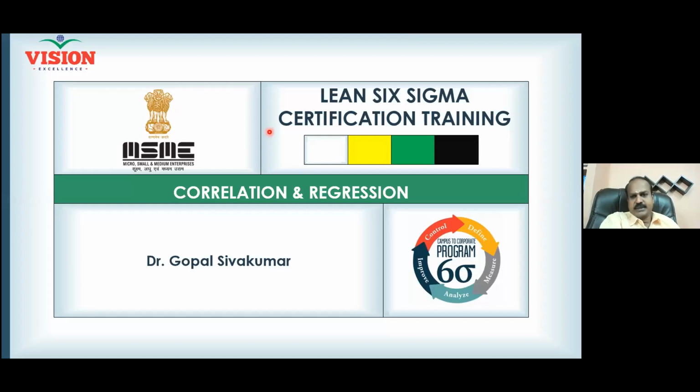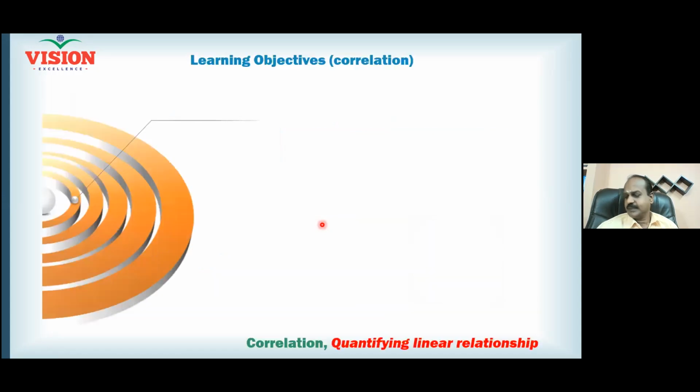So welcome to the session on correlation and regression. See here, the criticality is understood. Whether a factor has got an influence on the y variable or not, that is understood. Now I want to understand the relationship, because the solution evolves only after thorough understanding of the relationship between x and y, right? So the correlation and regression both will tell you whether a relationship exists or not, right? And that's what we are going to see.